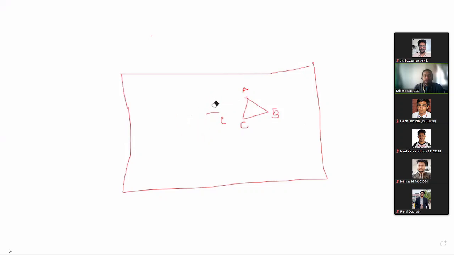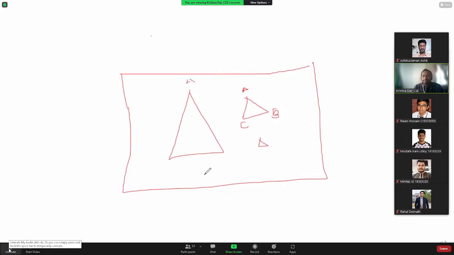Then we can think about another type of change. Say it can look like that, or maybe it can look like that. What changes happen? The sizes, right? That is called the scaling.